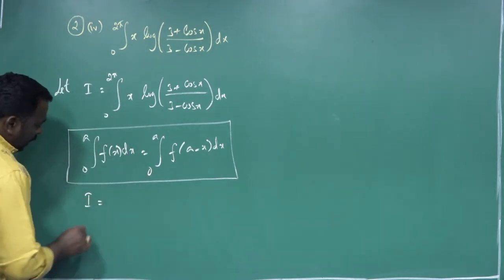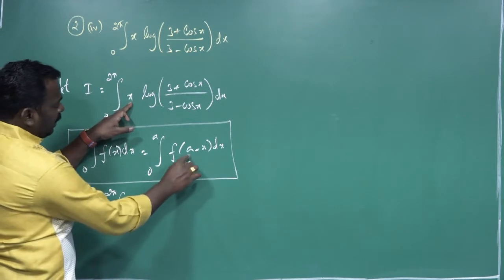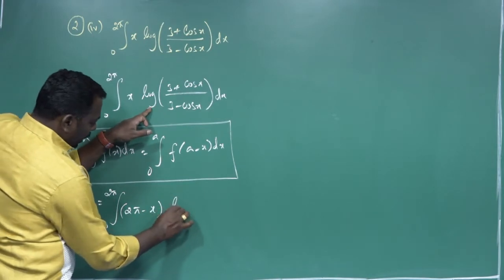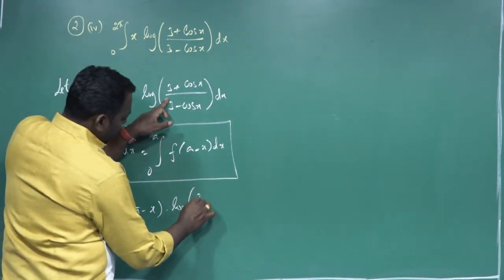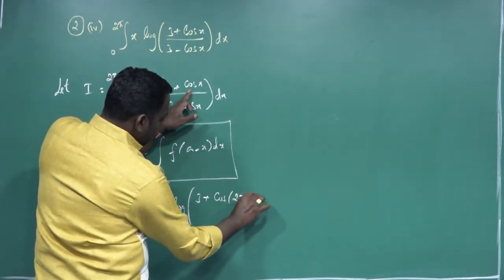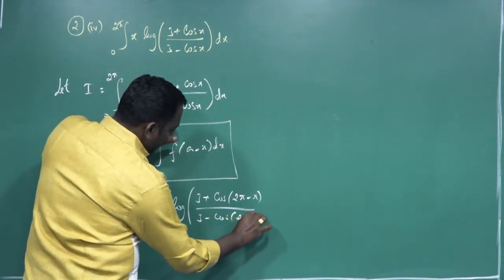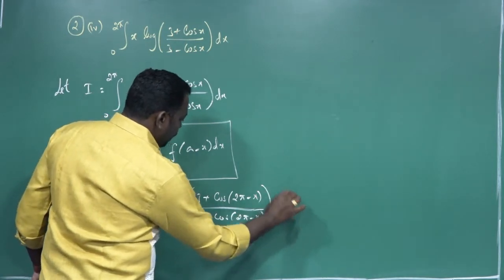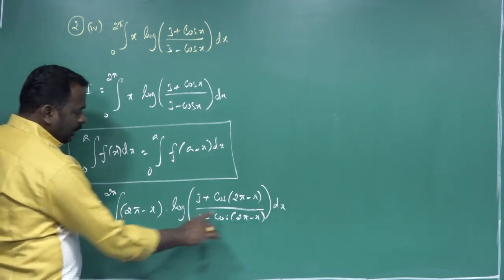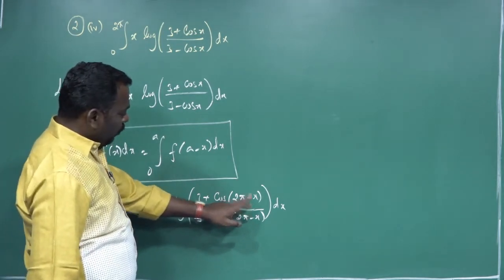Therefore the given integral I equals the integral from 0 to 2π. Replace x with a minus x: (2π − x) into log of (3 + cos(2π − x))/(3 − cos(2π − x)) dx. Replace x with a − x, where a is 2π. Now 2π − x